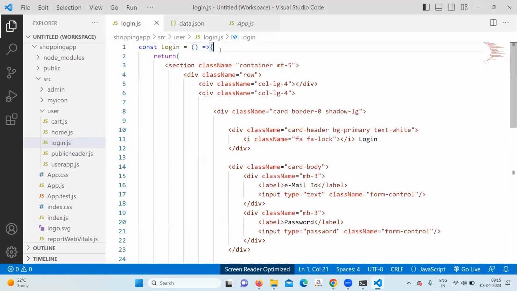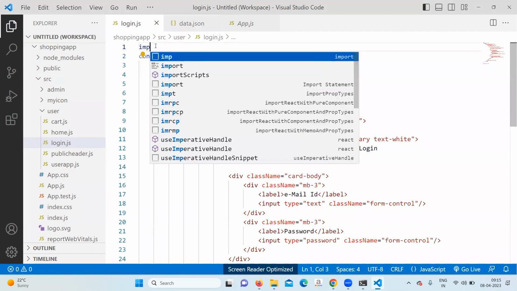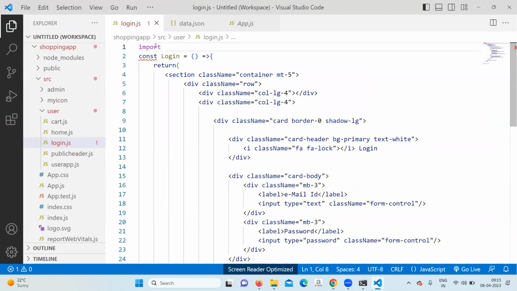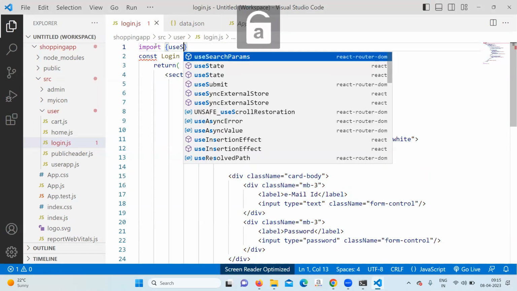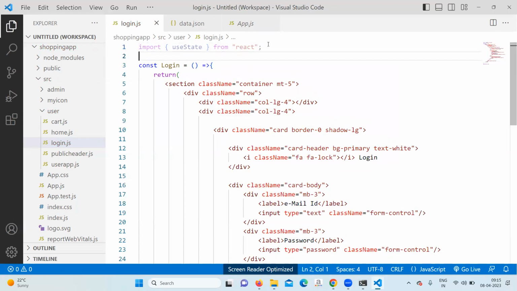In the login file, you have to import the useState. After importing useState,